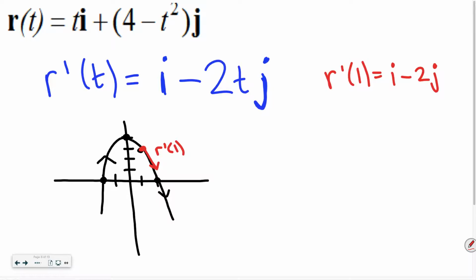Kind of cool? Did you just plot the points? Yes, I did. R prime of 1, I minus 2 times 1, gives me the -2. How does that